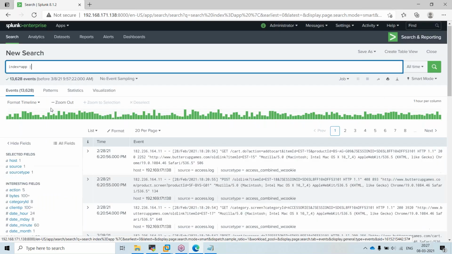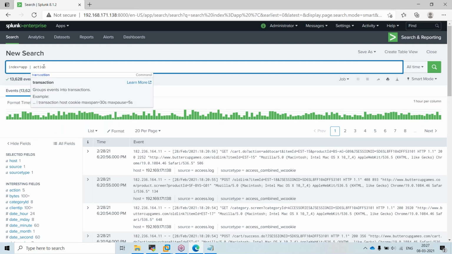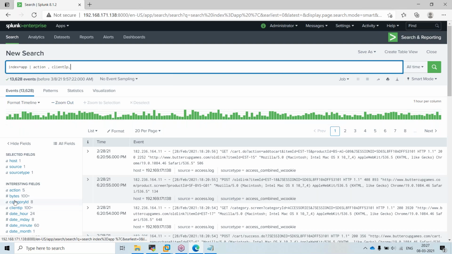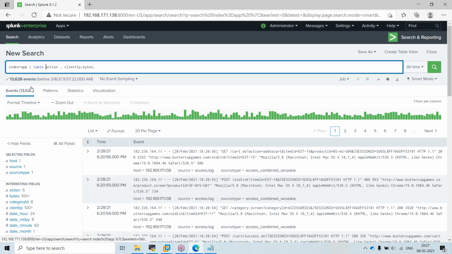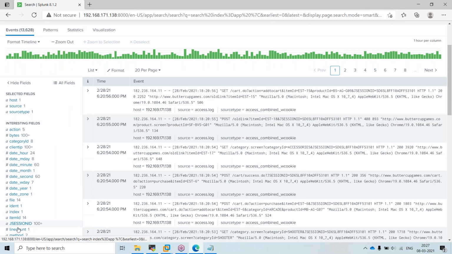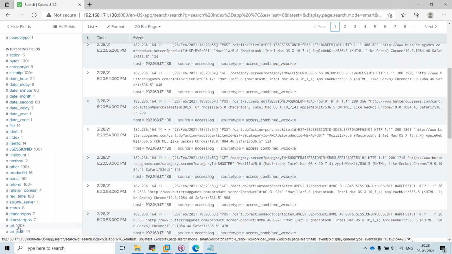Here I am giving action, comma, client IP, comma, and here I can give bytes, comma. Sorry, I have to give table. So if I give table followed by these fields, it will put everything in one table. Bytes, comma, I will put something like method.